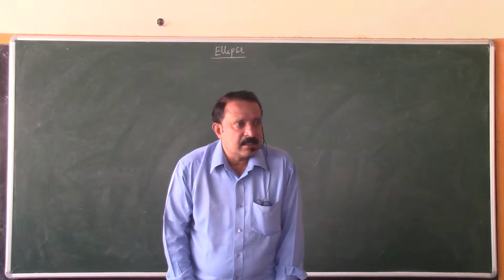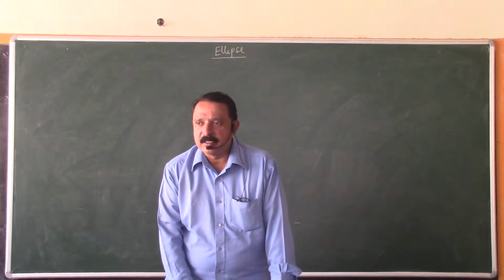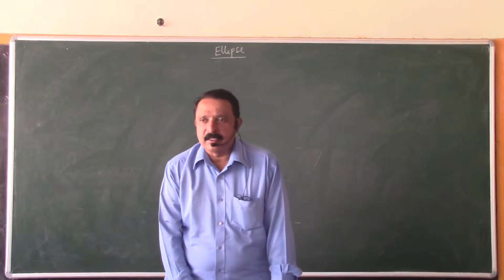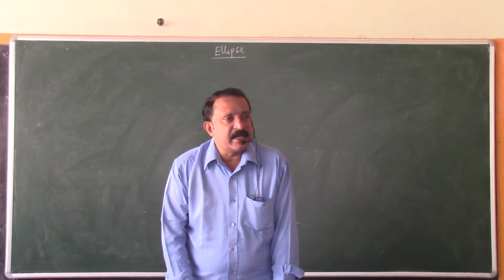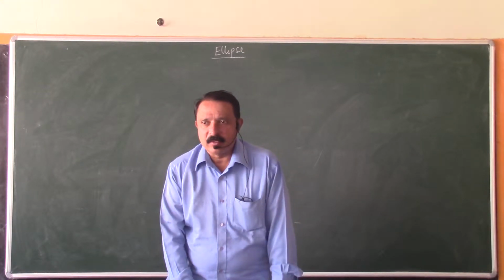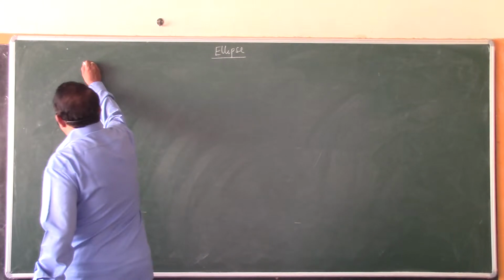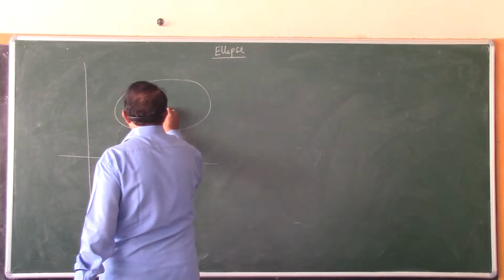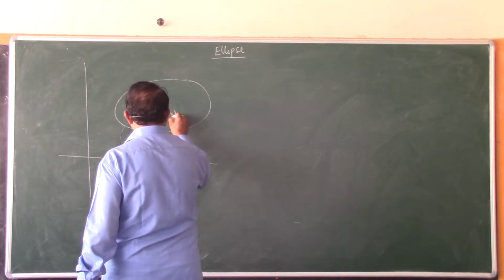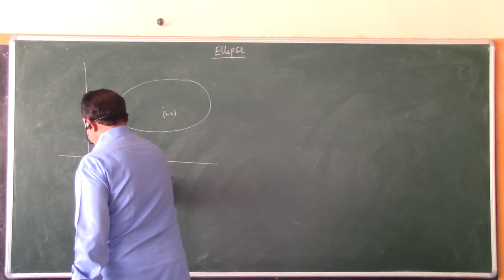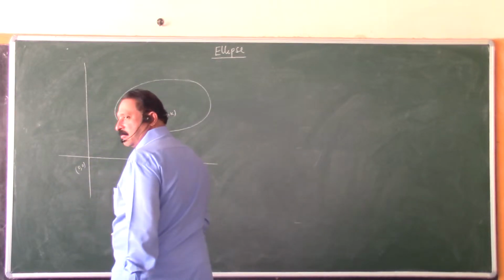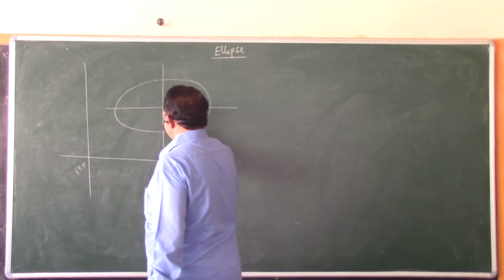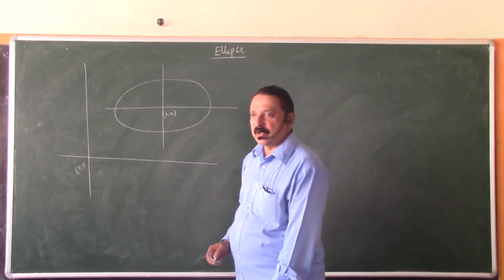We have discussed the ellipse so far, and all these ellipses had their centers at the origin (0, 0). Now, what are the details of the ellipse if the center is not at the origin, and is instead at the point (h, k)? The origin is somewhere, the center is somewhere else.